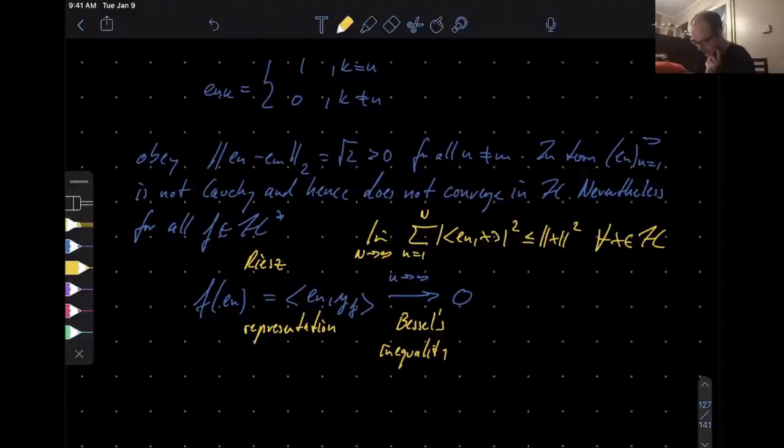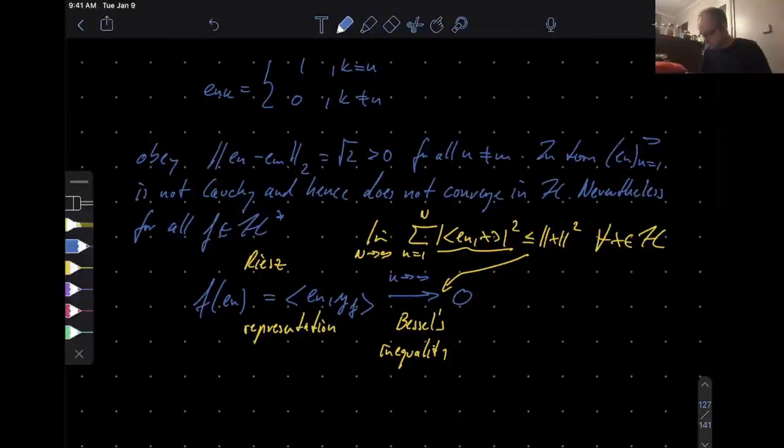And then why does this inequality yield this? Yeah, because if capital N goes to infinity, then you have a series on the left-hand side. And Bessel's inequality tells me that that series is convergent, right? That there's an upper bound for it, the norm of x squared. And, well, the necessary criterion for series convergence then kicks in and tells me that these terms in here have to necessarily go to 0 as small n goes to infinity. And that's precisely what's written down there once you replace x by this element y sub f. All right, that's why Bessel's inequality tells me this.